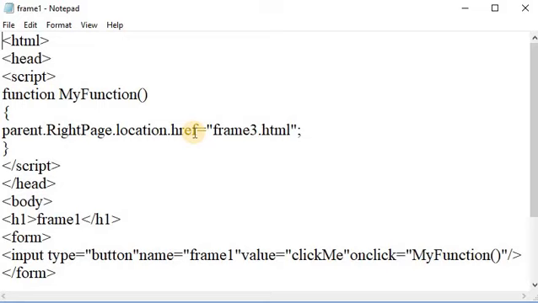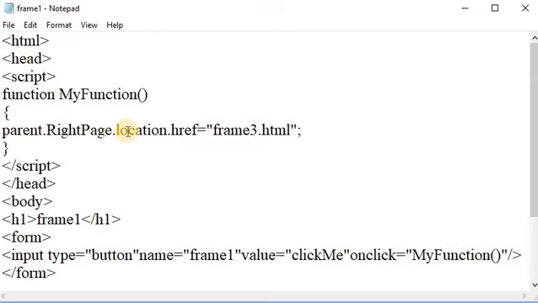This can be achieved by accessing the href property of the location object of the second frame, and we can access the location.href property by calling parent dot the frame name. Here the frame name is the second frame's name, meaning right page is the name of the second frame.